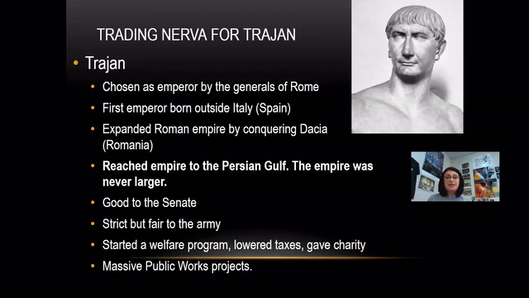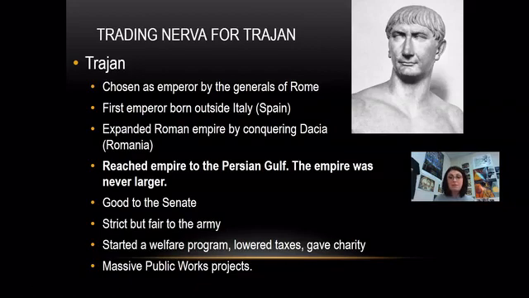So it really hasn't done a great deal of expansion since the Flavians. Now we're going to see that returning the glory of Rome through expansion, which is what they are so good at. And one of his greatest achievements is actually conquering Dacia, which is today Romania. And that was one of his greatest exploits because it brought a great deal of wealth into the empire. So his empire under Trajan, it's never going to be bigger. The Roman Empire reaches its peak